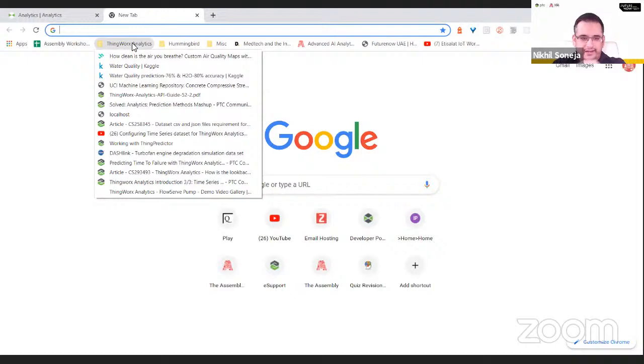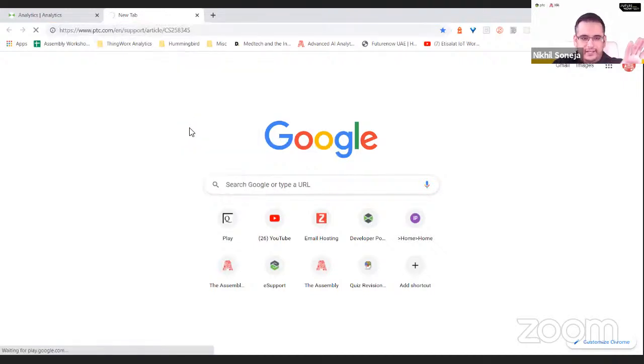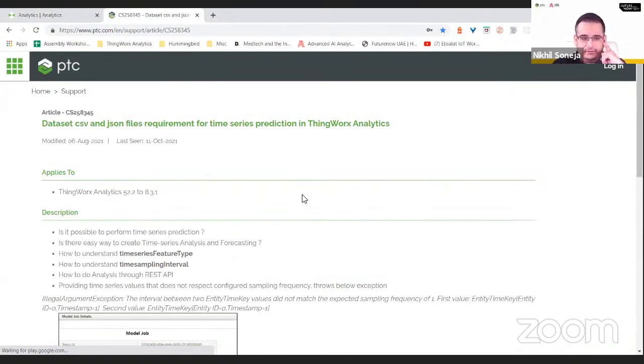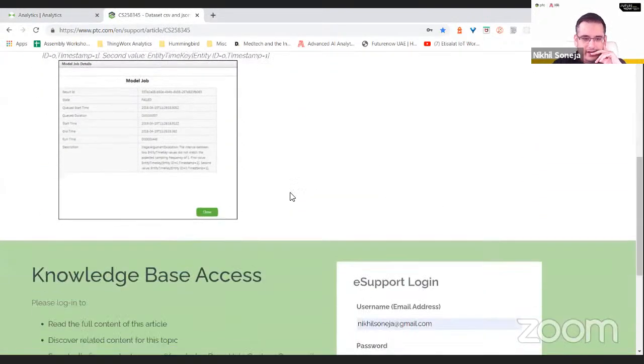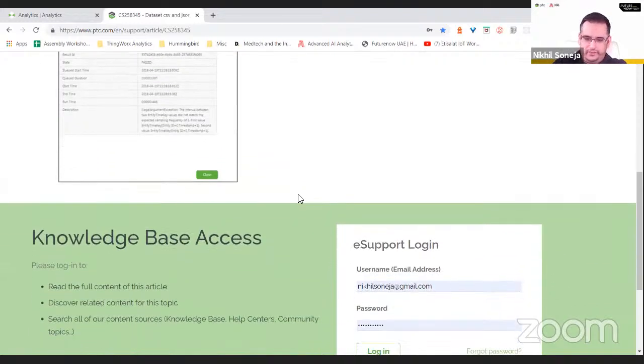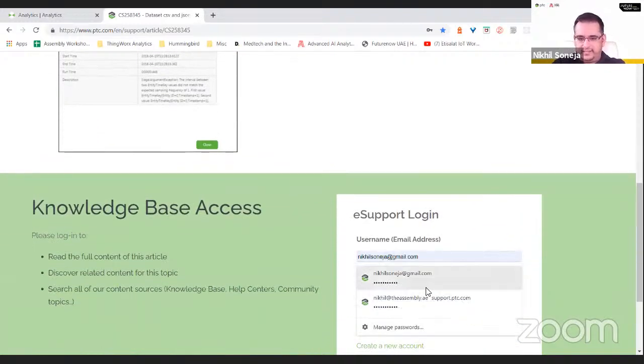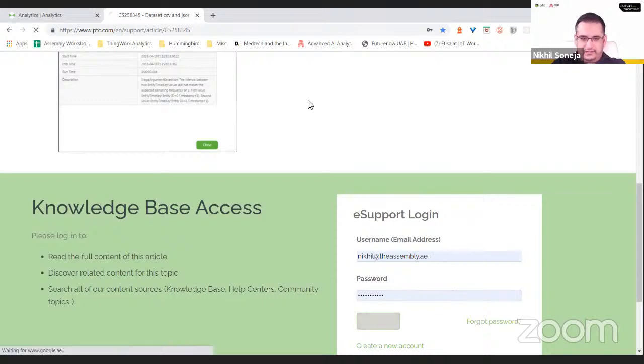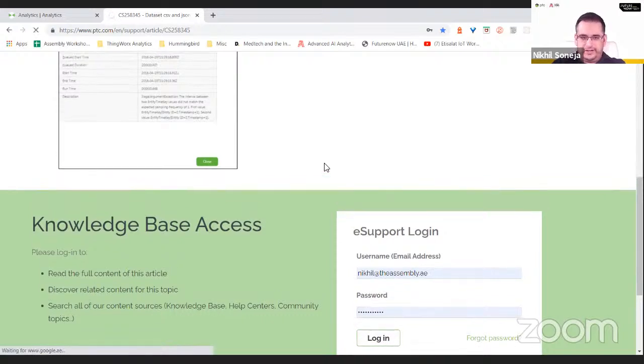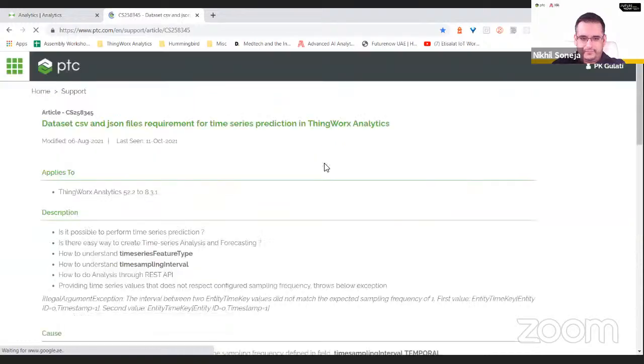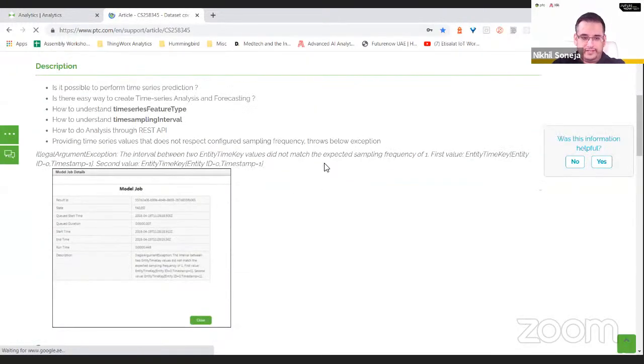I wanted to actually just show you how ThingWorx Analytics works with that, but we can see that all later. So there are nice articles, like I said, on PTC. You see a lot of different things, where you can find out how to do things. Okay, I need to log in for this. So this is the PTC portal again, where it mentions everything. And there's a lot of support here, so you can definitely get into that.